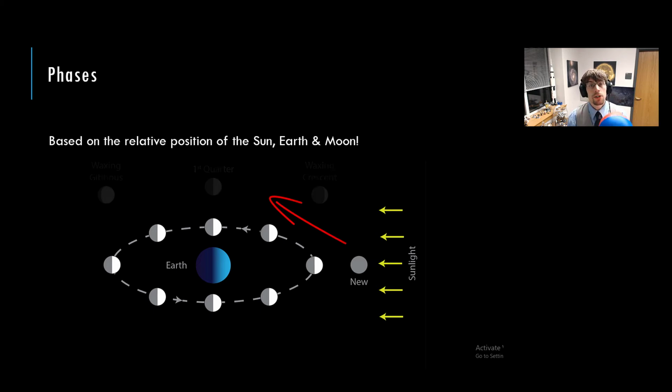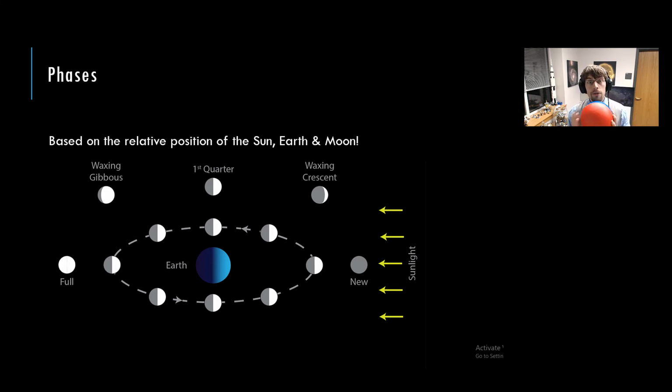Okay. Now it's going to be the right-hand side that's illuminated until you finally see a full moon, right? All of the illuminated face. Well, you can't see more than all of the illuminated face, right? You see all of it. And so for the latter half of its orbit, you're going to notice the illuminated portion getting smaller and smaller